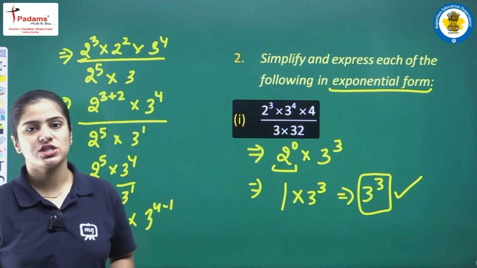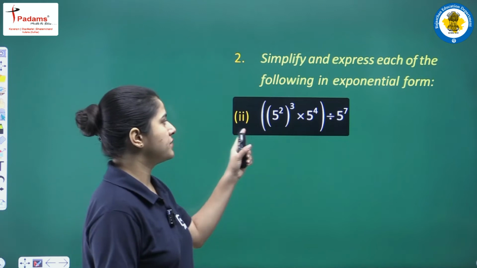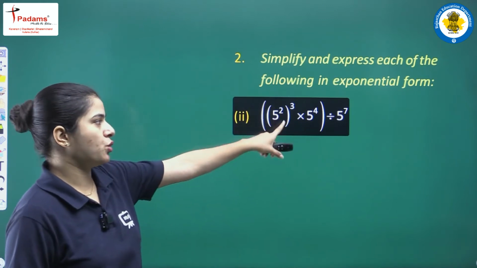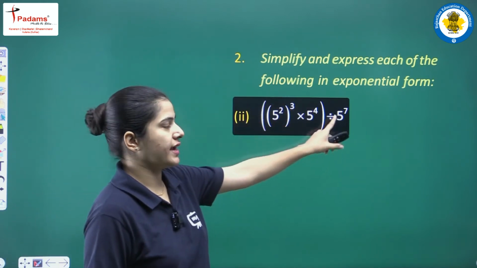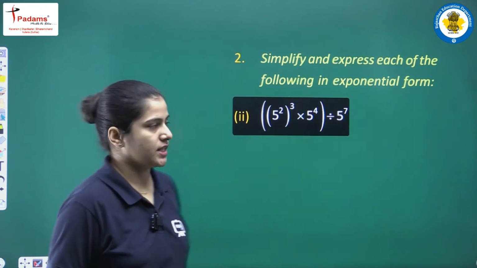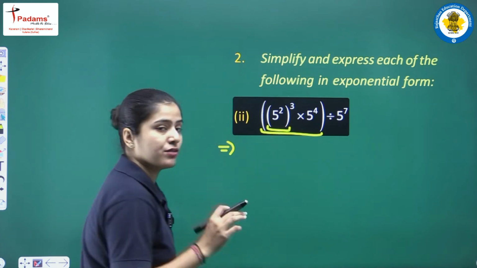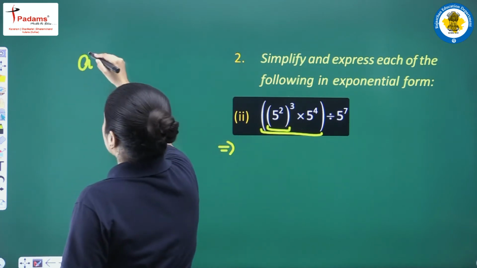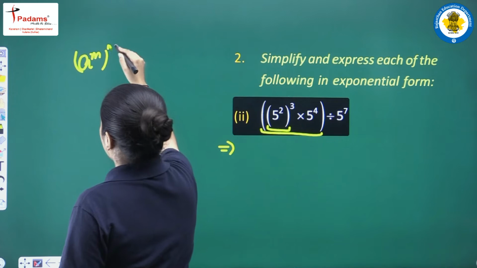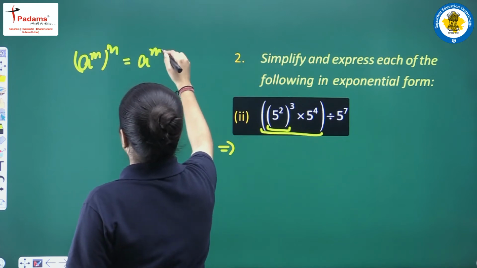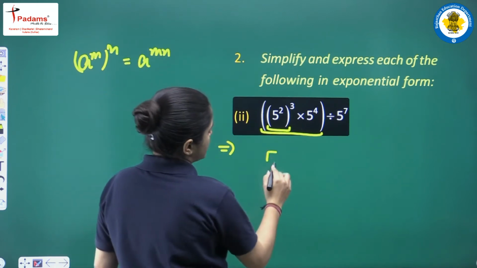Looking at the next question. What is that question? Question number 2. 5 raised to power 2 cube into 5 raised to power 4 divided by 5 raised to power 7. Now students, starting with a bracket and firstly with this thing, power of power. So use the formula a raised to power m n is equal to a raised to power mn. So 5 raised to power 2 into 3